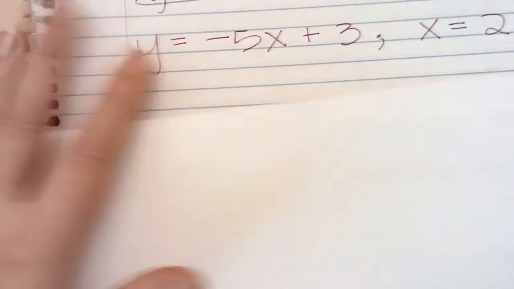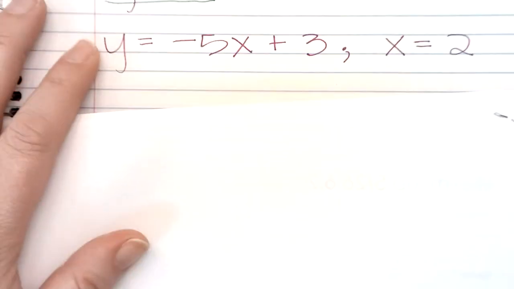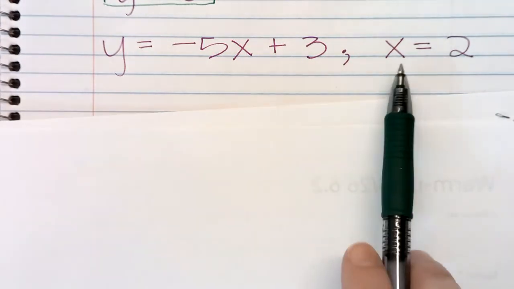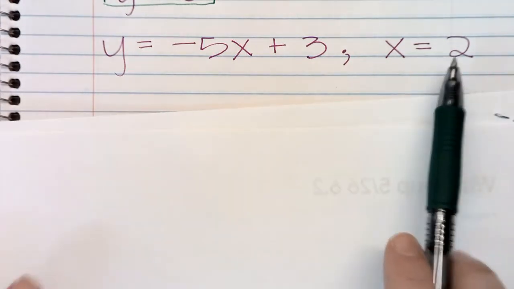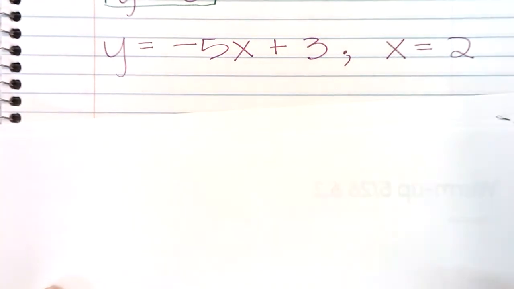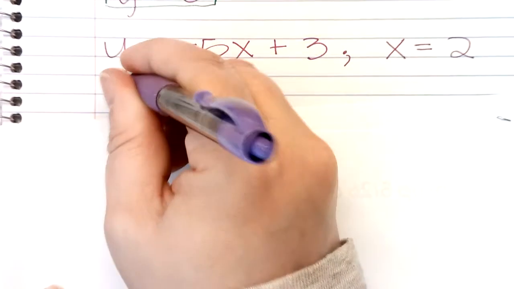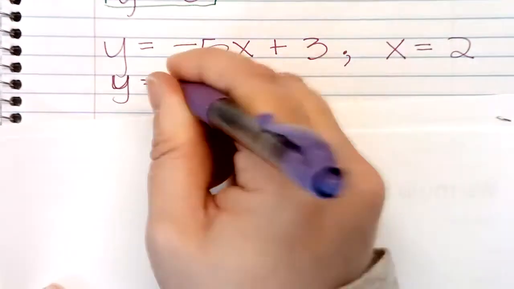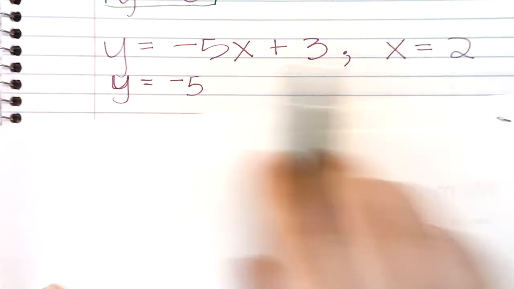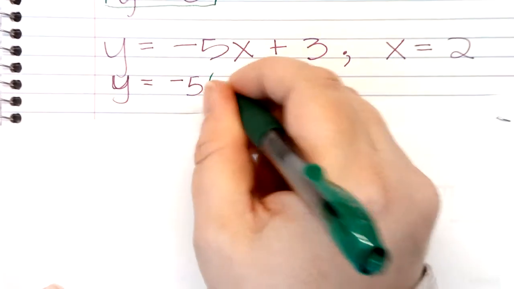We have, let me move my camera a little bit. Sorry. Y equals negative 5x plus 3 and x equals 2. So we're going to take this 2, plug it in where we see x into the function. So we have y equals negative 5, and this is multiplied by x, so I'm going to plug in my 2 with parentheses,